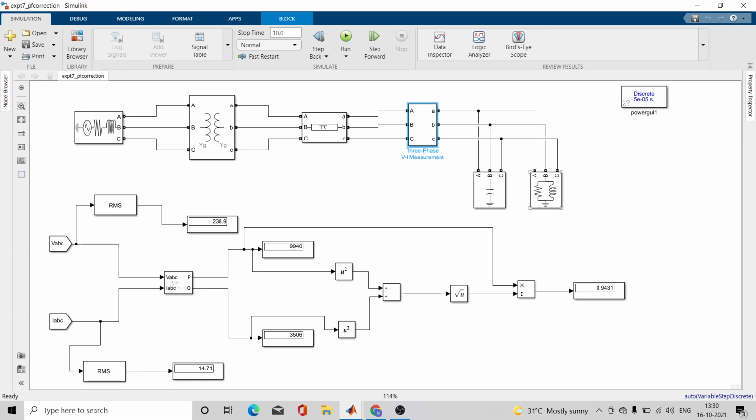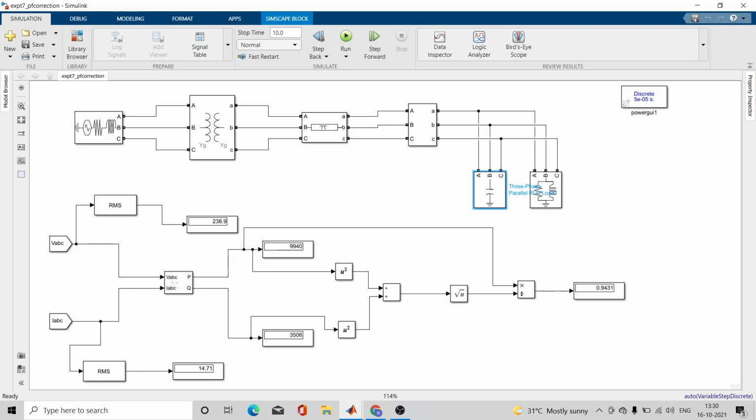Then in the final step you will require a load. So there are actually two things. First of all, you will draw or simulate only up to the three phase parallel RLC load, and then you will incorporate this capacitor bank. Okay, so first of all we will not include the capacitor bank. We will find out just by using your regular load, and then we will insert the capacitor, and then we will see what we are getting. Okay, so without wasting time, let us start.